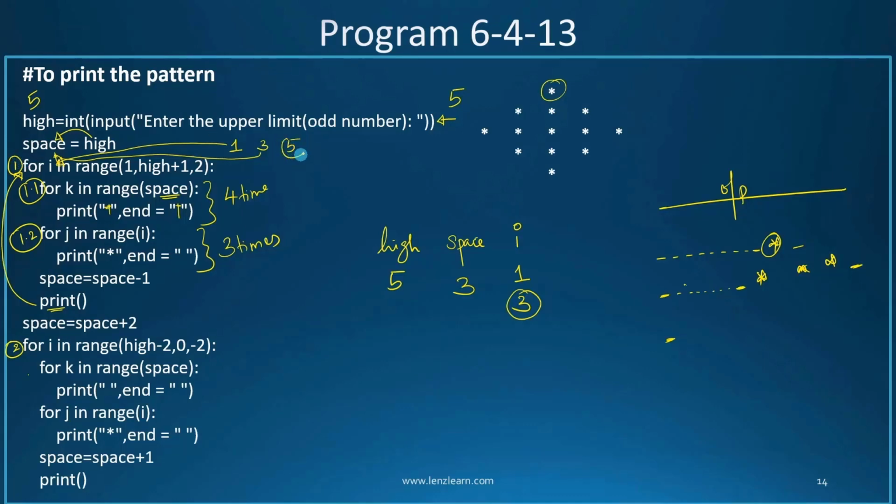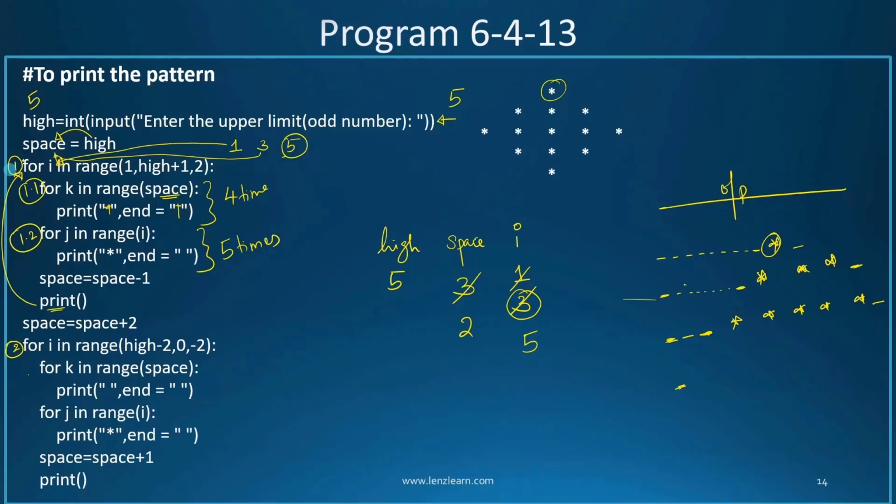I will take the next range value 5 into I. So the value of I will become 5. And then you can see how many times now the space will be printed. It will be printed only 3 times. So it will print up till here and it will stop. How many times will the 1.2 for loop work? Now you see the value of I is 5. So now this will work 5 times, printing the star. So now it will print 5 stars. The space will be reduced to 2, and then the print will push the value to the next